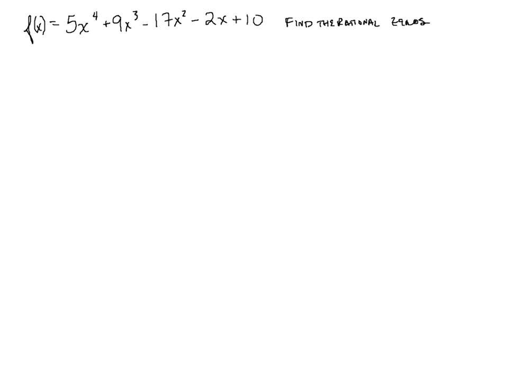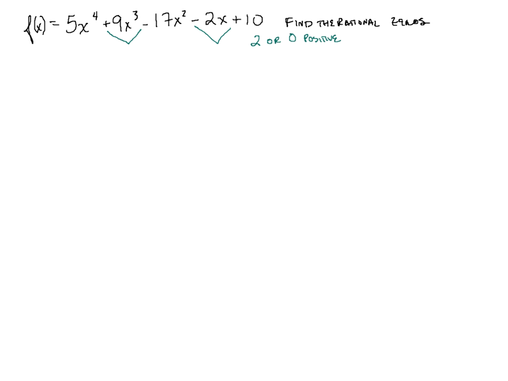It's however many sign changes show up in the function and in f of negative x that determine the possible number of positive and negative zeros. So I'm going to mark the sign changes that I see. From the first term to the second term, no sign change. They're both positive. There's a sign change here and another sign change here. So we will have either 2 or 0